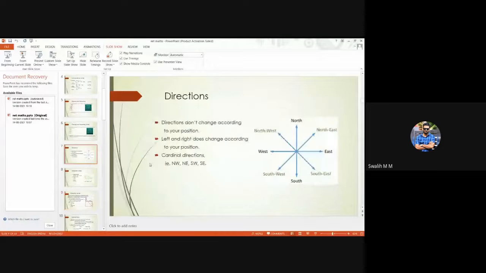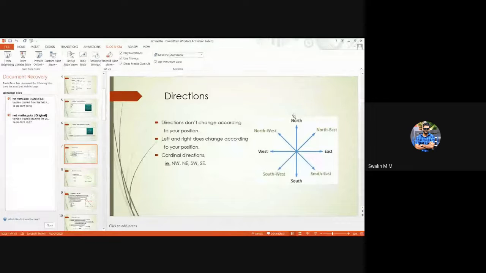So what you need to know is, first, what the directions are, and then the cardinal directions. That means in addition to north, south, west and east, there are intermediate directions in between them. That you also have to know. While solving the questions, we all know this, but we tend to make mistakes while being tense in the exams. What you need to know is, directions don't change.